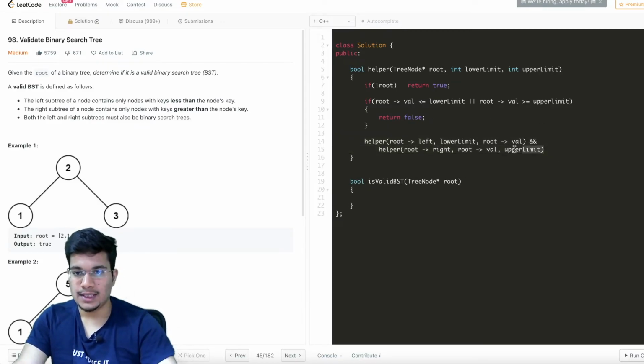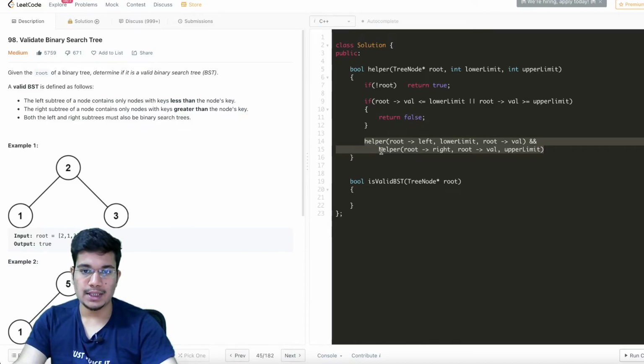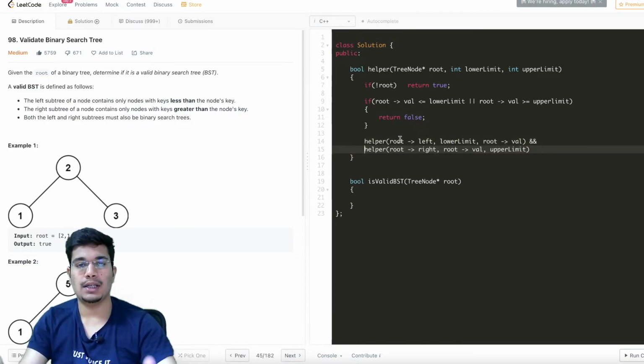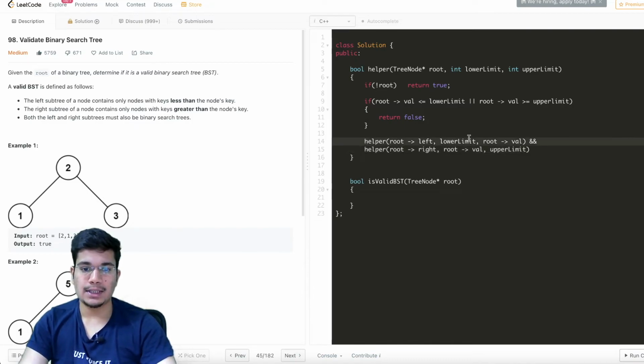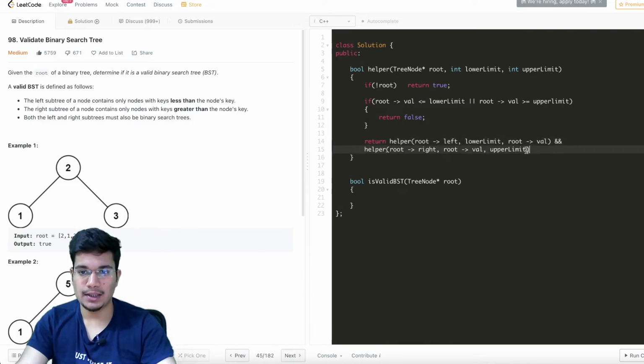And then this is an AND condition. So if both these things are true, basically if the condition is true for my left subtree, entire subtree, and my entire right subtree, if both of those subtrees handle this property, then only I can return true from this function to indicate that the given tree is a valid BST. But since this is an AND clause, if any one of those do not adhere to the property, that is going to return false.